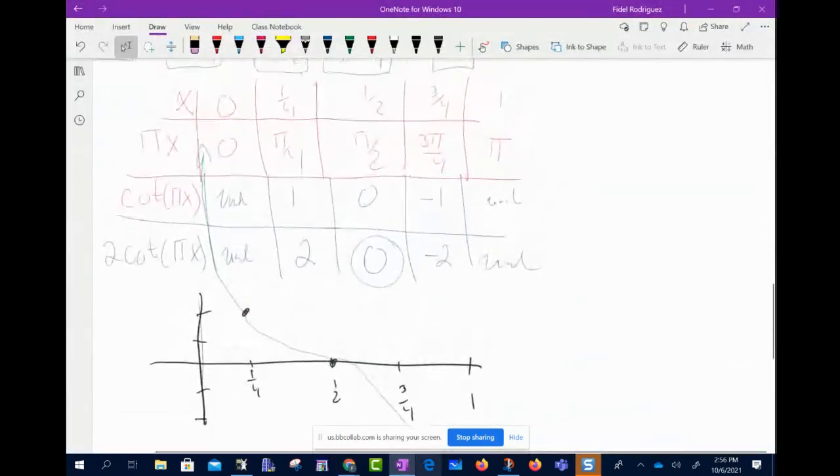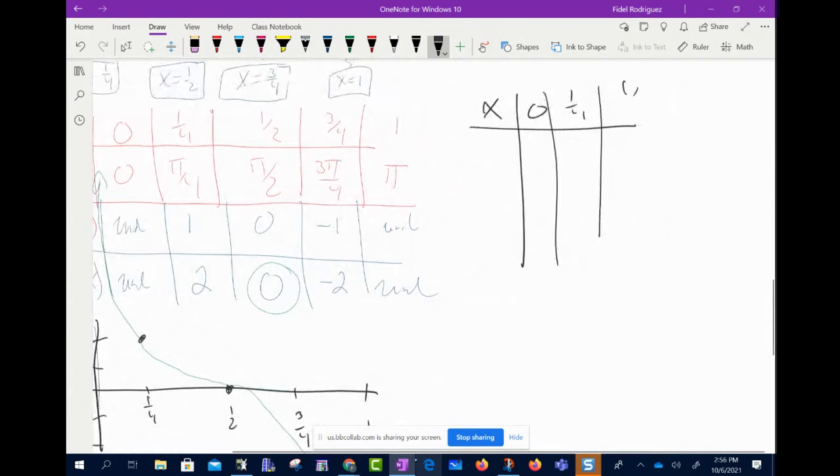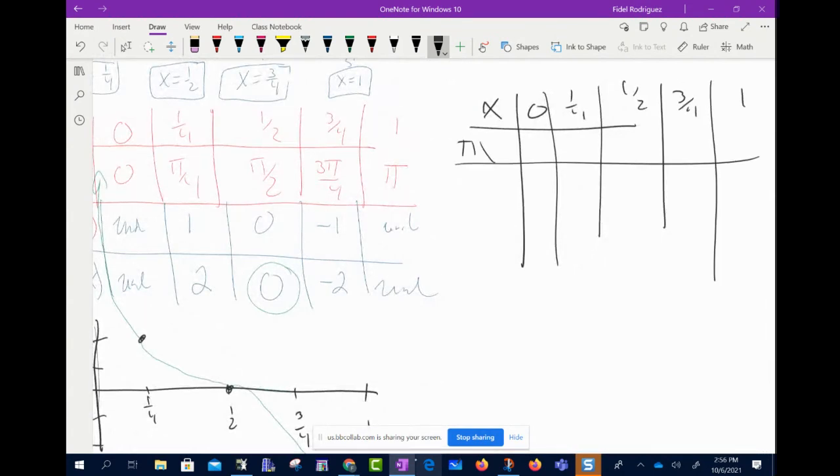So when I come back over here, I'm going to say, you know what? Not much is going to change on my graph. I'm going to be able to make the same kind of table. We're going to go like this. We're going to say 0, 1/4, 1/2, 3/4, and 1. This part's still going to be the same, 0, pi over 4, pi over 2, 3 pi over 4, and pi. And cotangent of pi x, that's going to be the same, where that's